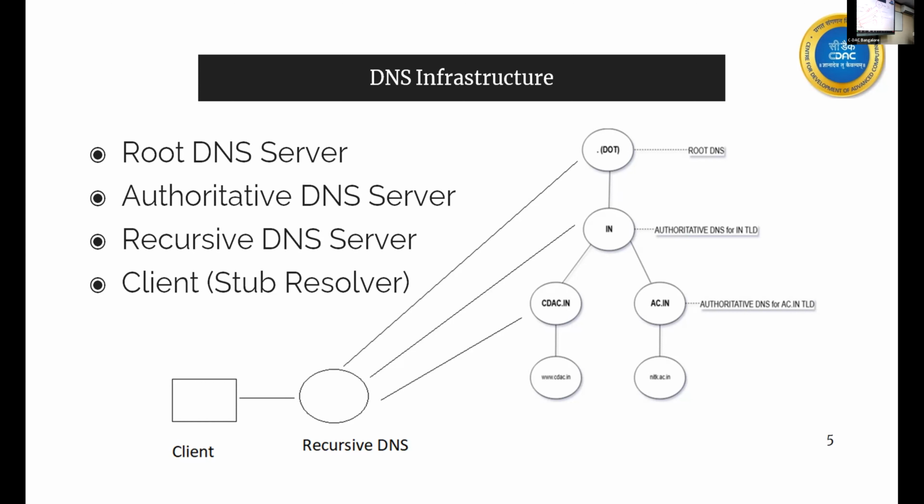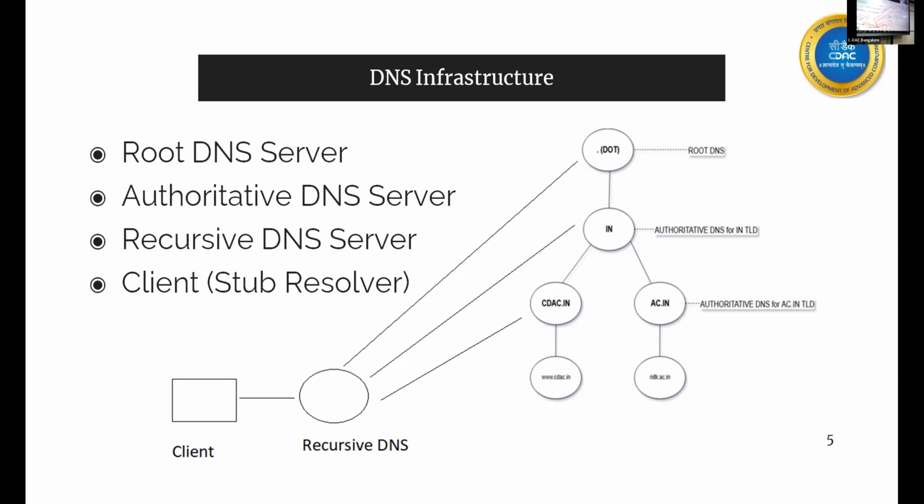Now, what does this recursive DNS server do? Every local DNS server will have something called a DNS cache. So this recursive server will put this entry into the cache saying that for www.cdat.in, this is the IP address. Now, it has been cached here. And the same entry from the cache will be given back to the client. And the client will get to know the IP address for cdat.in, and the client will be able to browse that particular website. So this is how the DNS works.